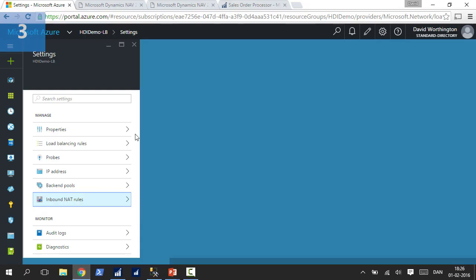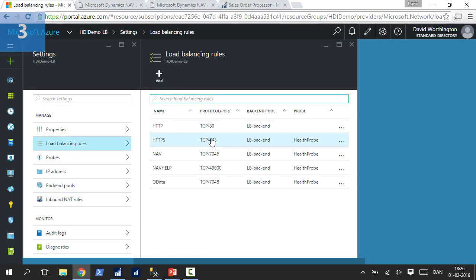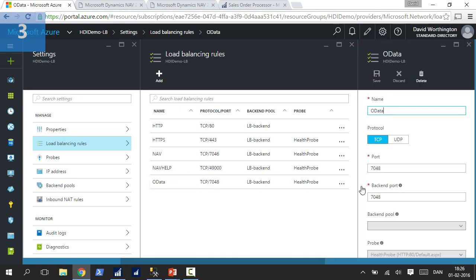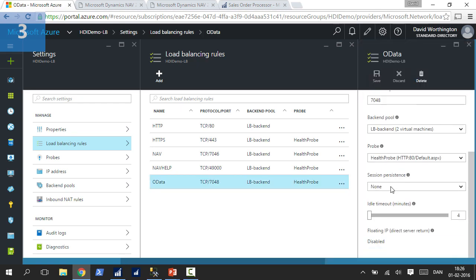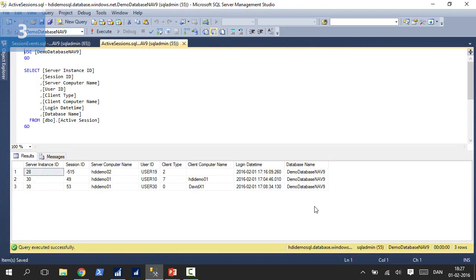So as we showed before, on the load balancing rules, I've got OData here, and the session persistence is none. It can use any session. If we look at the NAV rule and the HTTPS rule, they both have this client IP and protocol session persistence. So if I look at my active session table here at the moment, I can see by looking at the database that I've got sessions on different instances. I've got one session which is a OData session connecting to this machine demo 02, and the other two sessions